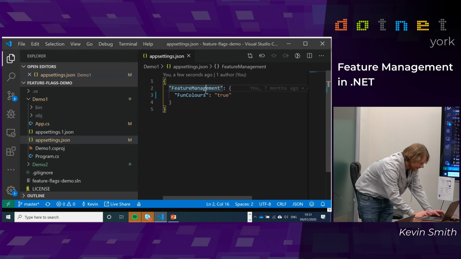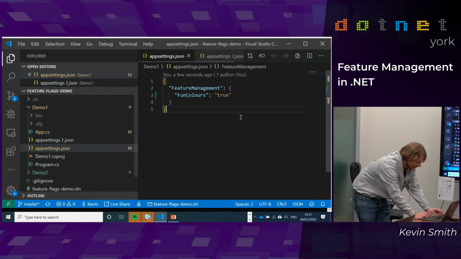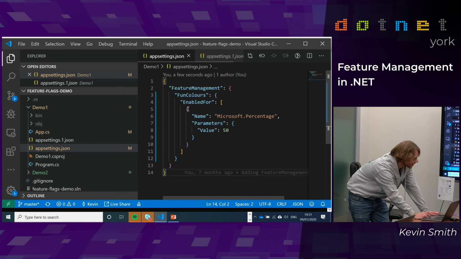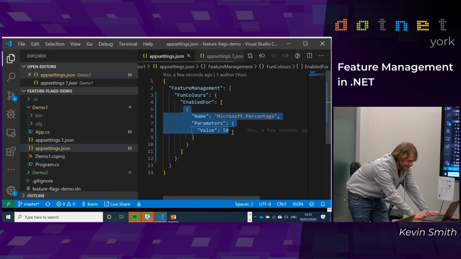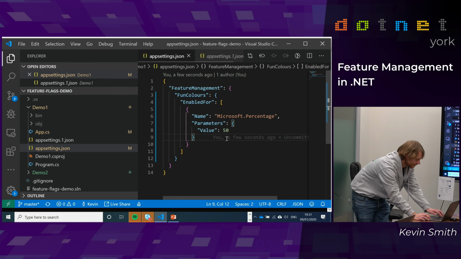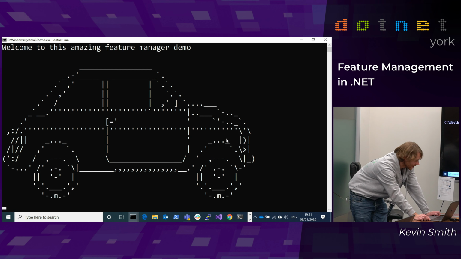So one of the things is I'm just going to show you a percentage-based one. So if you just copy and paste that in. This is using one of them filters, which says I only turn this feature on if 50% of the users are on and off kind of thing. I have a selection of it. So if you then run that again, you'll see